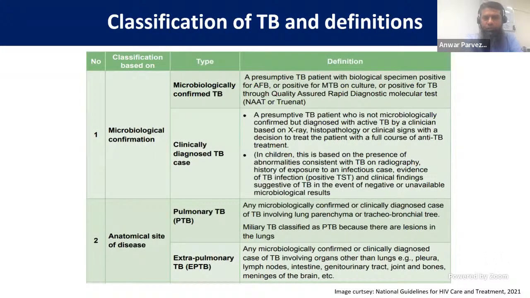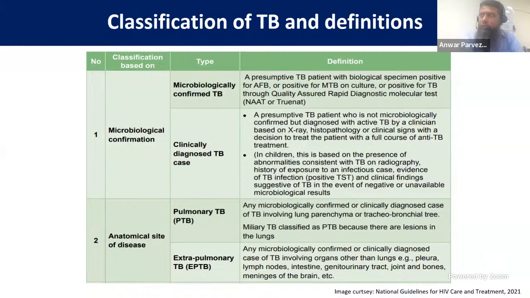So these are programmatic definitions. Again, I'll not read through all the definitions, but I'll just try to mention the meaning of these words, like microbiological confirmation. Based on microbiological confirmation, there are two types of TB, that is microbiologically confirmed or clinically diagnosed. Microbiologically confirmed means the patient's GeneXpert is positive or CBNAAT is positive for tuberculosis, and clinically diagnosed means